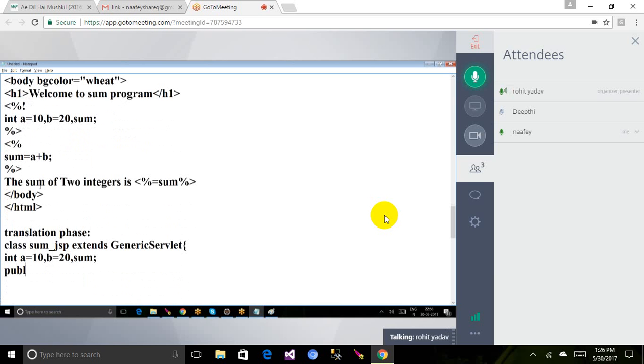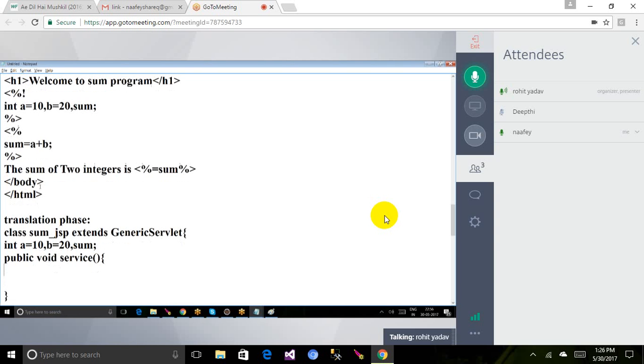Then we write the public void service method, and inside the service method we will have the objects. After the objects it will write sum equals a plus b, and next